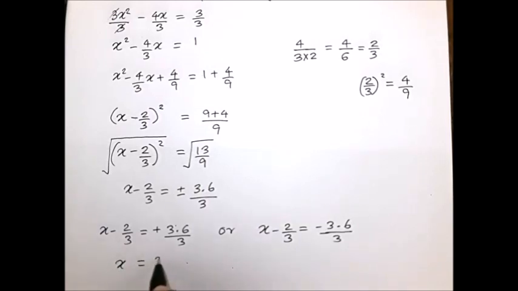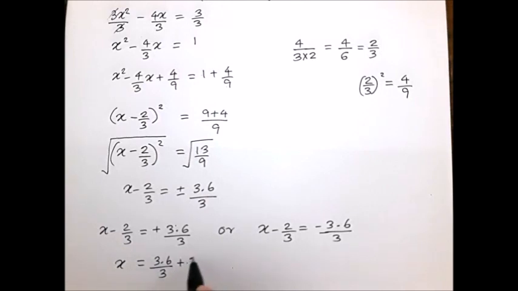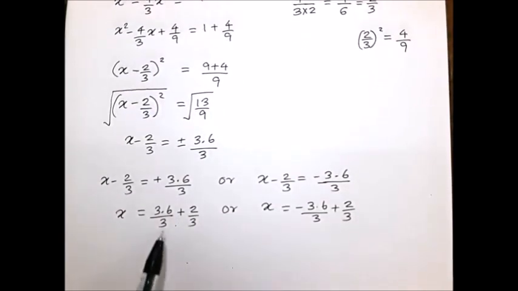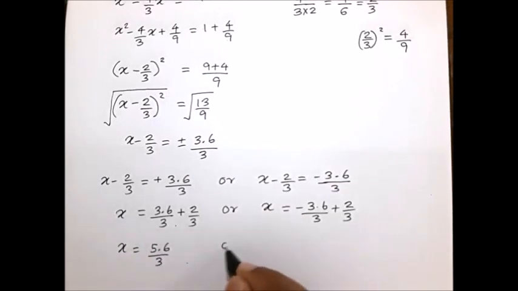Then make x the subject. Take this term to the right hand side. It is plus 2 over 3. Minus 3.6 divided by 3. Then take this term to the right hand side. It is plus 2 over 3. Now both fractions have the same denominator 3, so you can add the numerators. It is 5.6 divided by 3 or